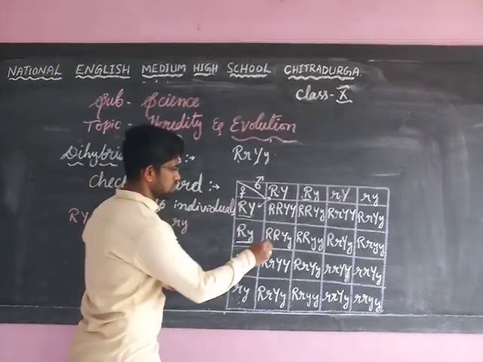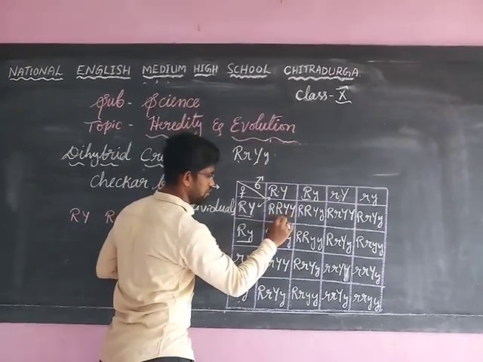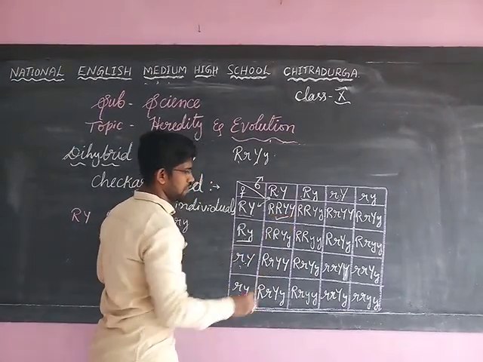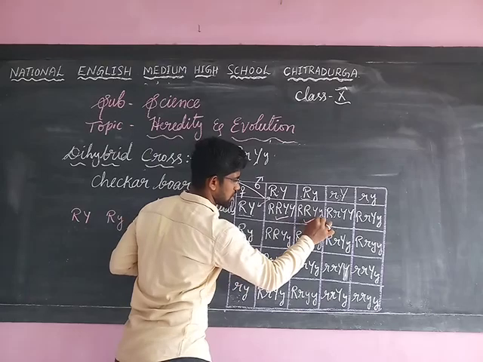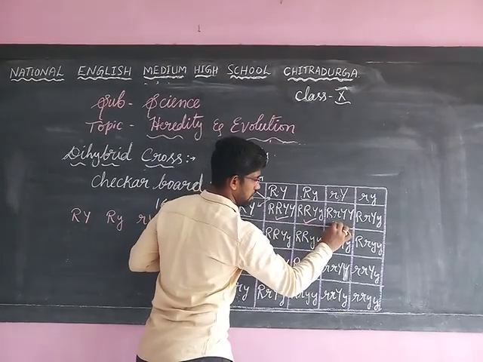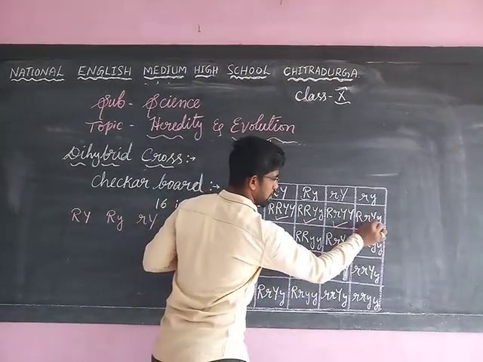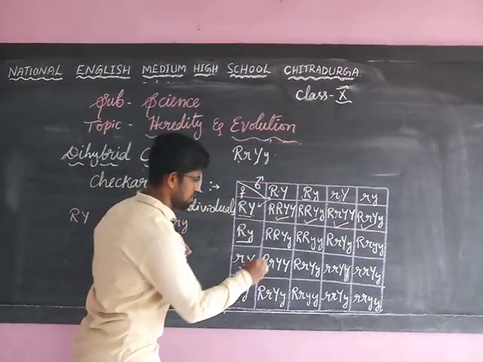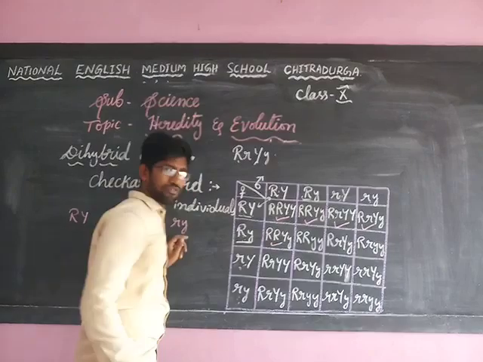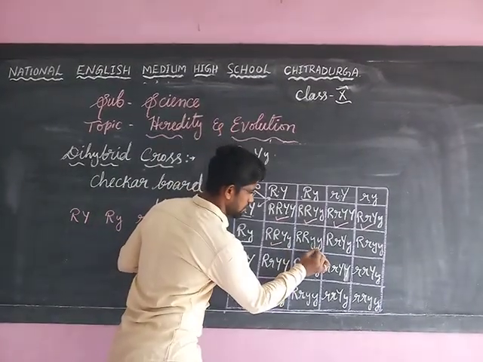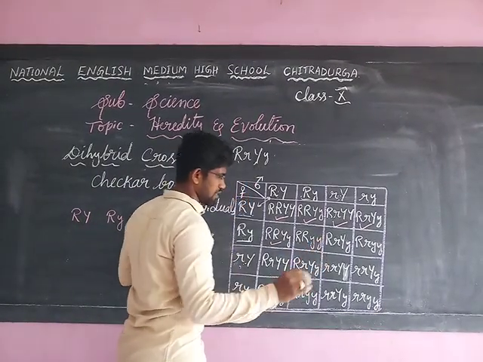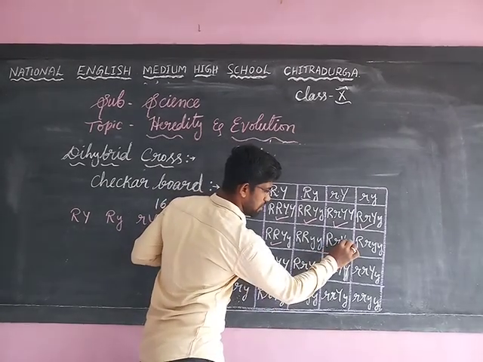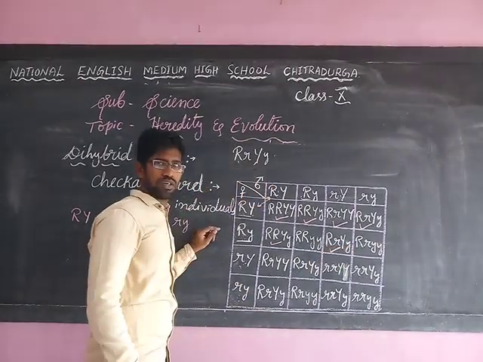So here I can find capital R, capital Y. First one. Then here, capital R, capital Y. Second. Capital R, capital Y. Third. Capital R, capital Y. 4 individuals I got. Then in the second line, capital R, capital Y. Yes, of course. Fifth one got. Capital R, oh, small y is there. Don't select this one. Again here, capital R, capital Y. Yes, of course. This one also.